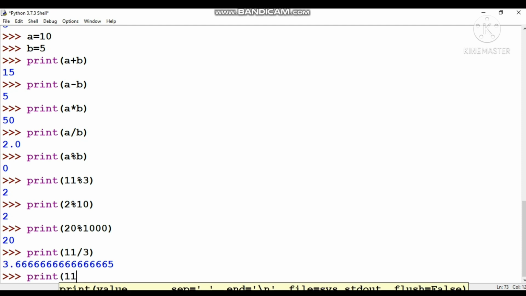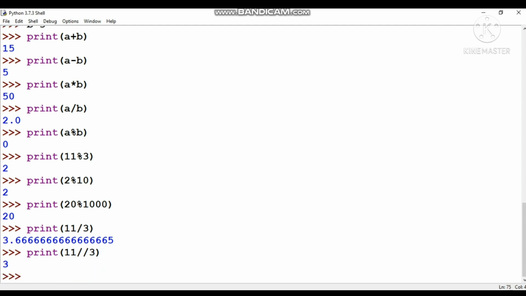This is called floor division. If you write 11 floor division 3, only the whole number will be there and the result will be only 3. So always remember this thing. This is a new arithmetic operator used in Python. So I hope floor division and modulo division are clear to everyone.